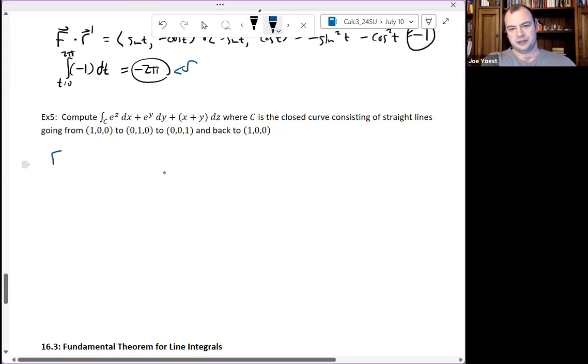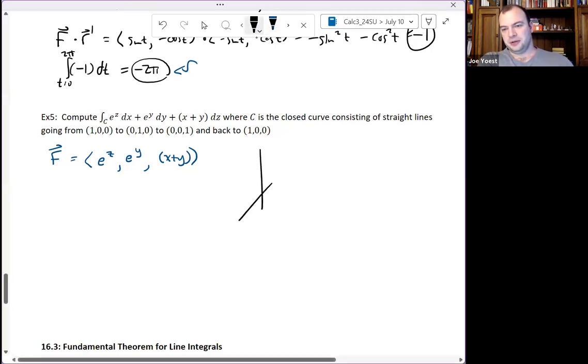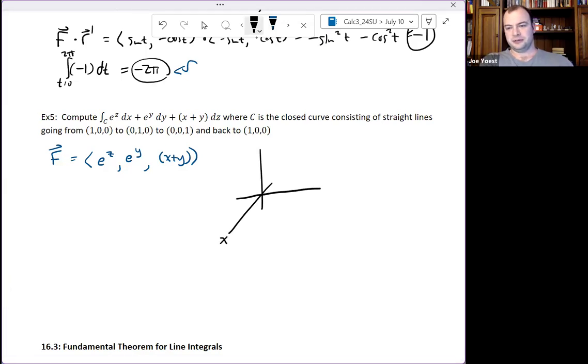So here, really, we can think of f as being the vector e to the z, e to the y, x plus y. It takes as input x, y, z, some point, and gives as output a three-dimensional vector. So this is a vector field in R3. And then what's our curve in R3 that we're interested in? Here, C is a closed curve